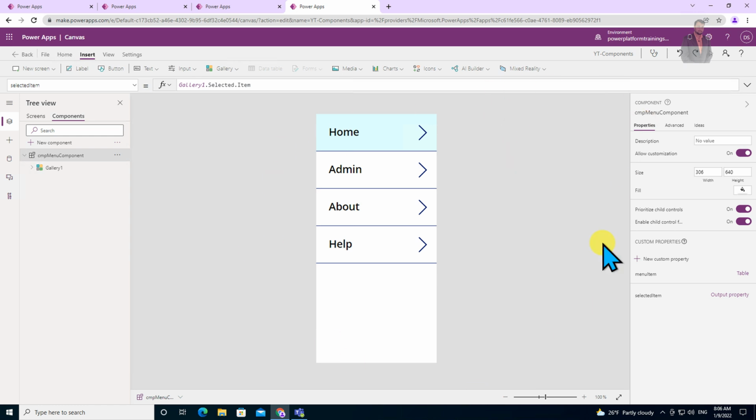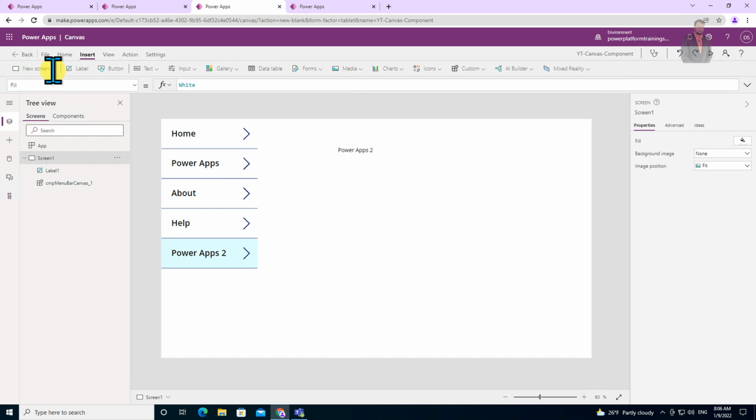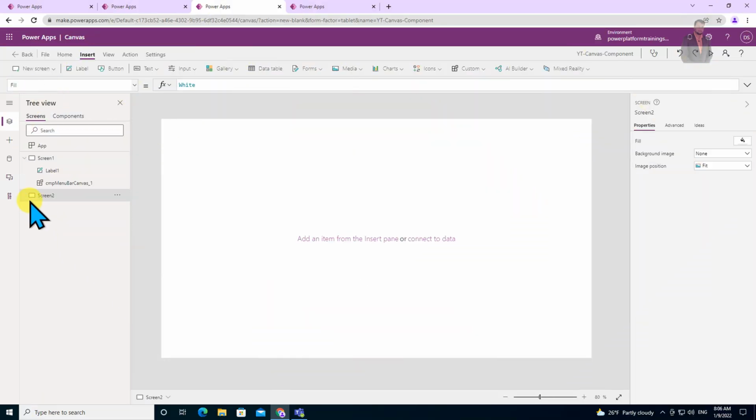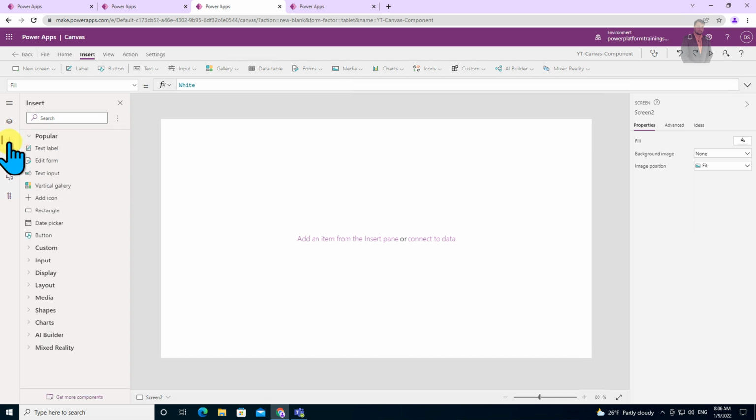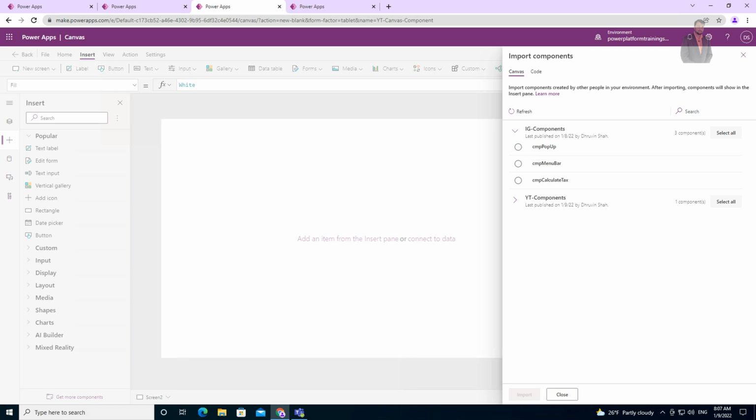So we published our independent component. Now it's time to consume our component in the Canvas app. So we are going to this particular Canvas app, and now let me create a new screen, and on the new screen we will use our component. For that, click on insert and click on get more components. Over here you are able to see all the components that you have created.